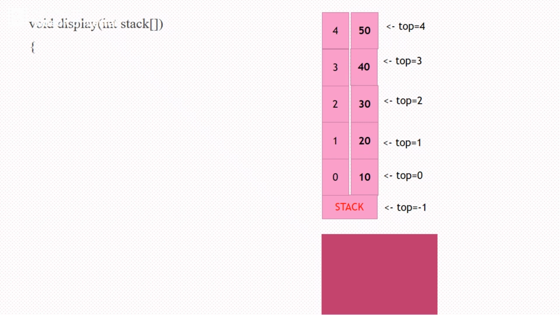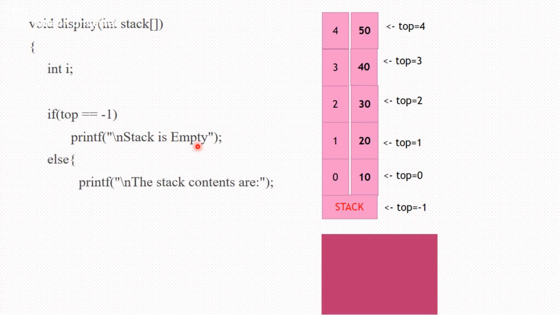Next, the display. Display is how you are going to display the content of the stack. You always display the content from the last topmost element first. So if the top is minus 1, that means stack is empty, there is nothing to display. Else, if there are contents, then you display one after the other.